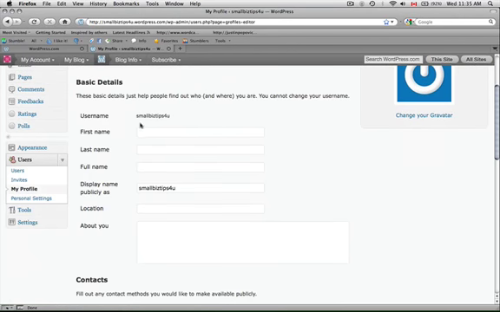other information about yourself: first name, last name, full name, what name do you want to display publicly, location if that's relevant. Some people don't want to have their location. Other people, if you're blogging and you're talking to a local audience in a small town or in a local city, then that's very important. And then some information about you or your business. I'm not going to fill in any of these right now because this is personal information for you, but you